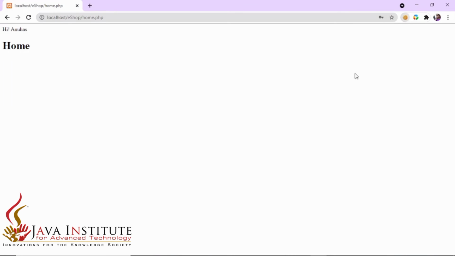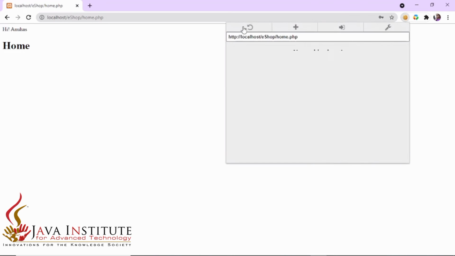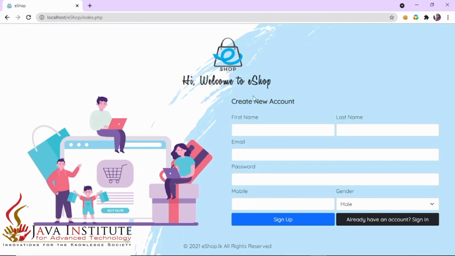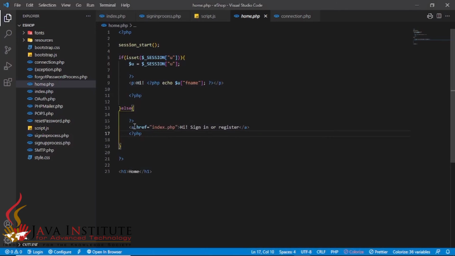Then I am going to delete this cookie, delete PHPSESSID, then I am reloading it. So then it says hi, sign in or register. So by clicking this button we can be directed to the sign up page. That is the thing that I have given with that anchor tag.